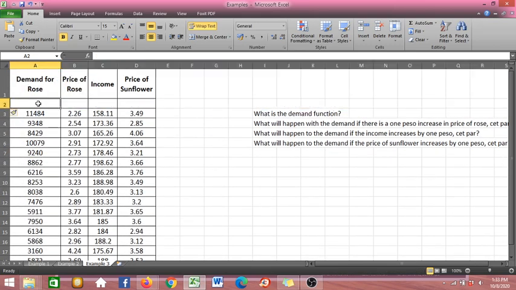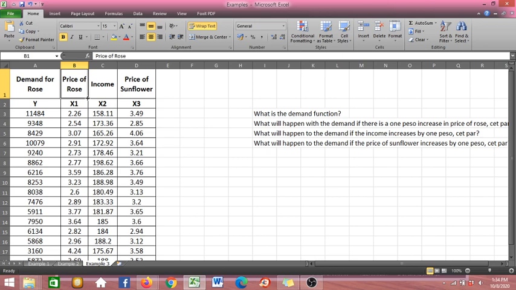And then the price of rose would be our x1, and then income would be our x2. Price of sunflower is x3. So if you can remember in Econ 101, how does the price of a product affect its demand, or its own price? We know that if the price of the product increases, the demand for the product decreases,